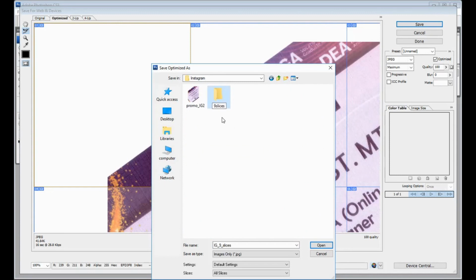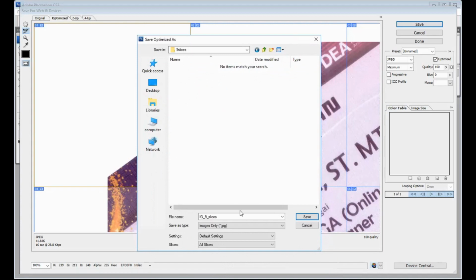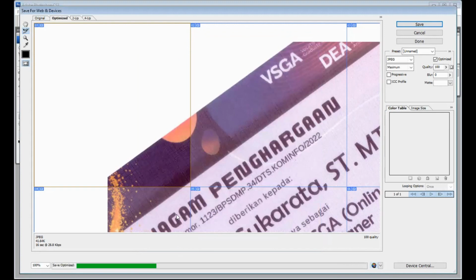Okay, here. Just wait a minute, my computer is running slow. Okay, images only, JPEG only, or here we can create for web design. Okay, 9 slice, JPEG only, default. Okay, save. Wait a minute.